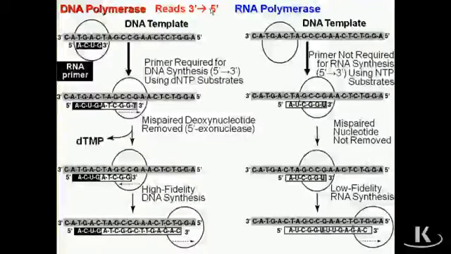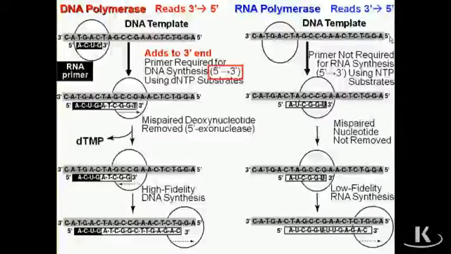It's going to be read from 3' to 5'. The DNA template is going to be read by the DNA polymerase in the 3' to 5' direction, and the product is going to be synthesized in the 5' to 3' direction. Same thing for RNA polymerase. The template is going to be read from the 3' to the 5' direction, and it's going to start synthesizing a product, not shown here yet, from the 5' to 3'